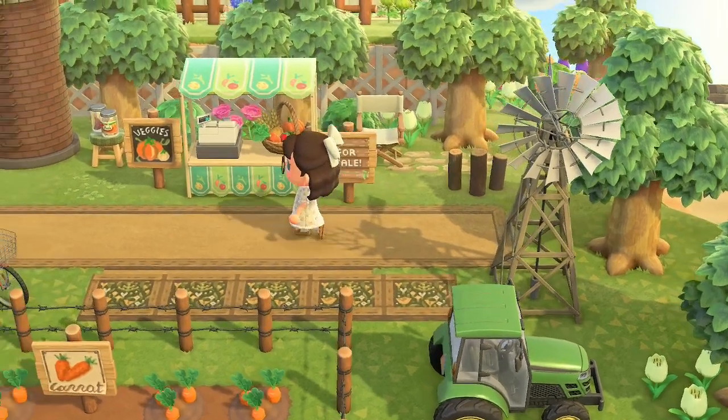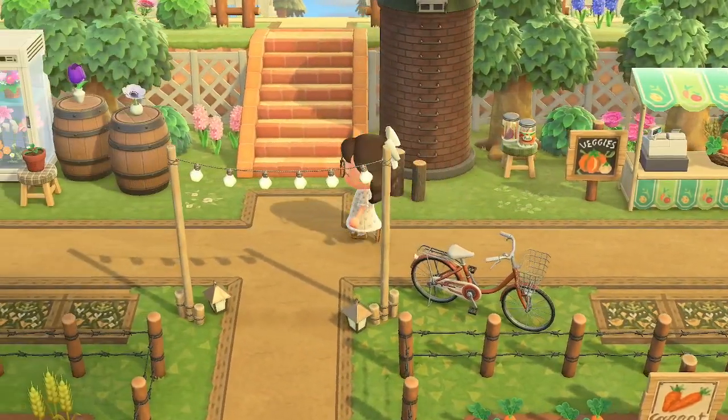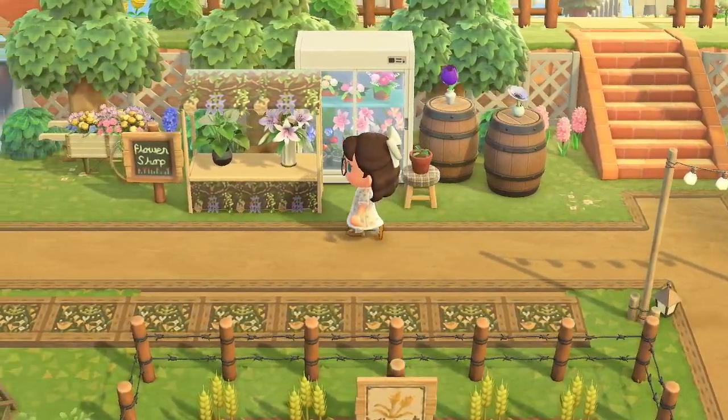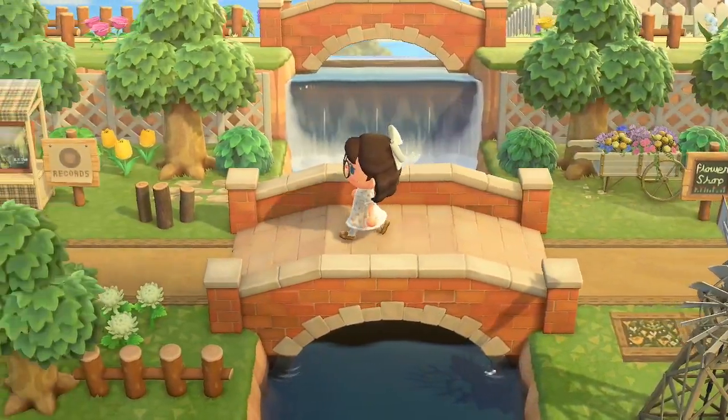Next up, we are on Rachelle's beautiful Normcore island. I love this. Another blast from the past. It's like 2020 all over again. But why I'm showing you this is because I think it's a great way to lay out your little shops